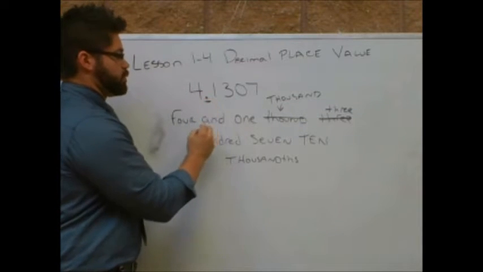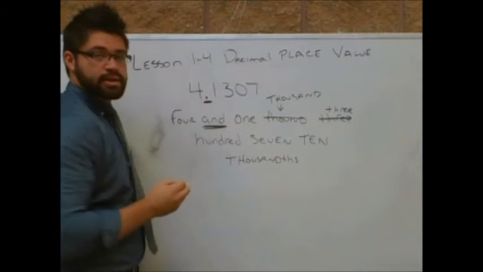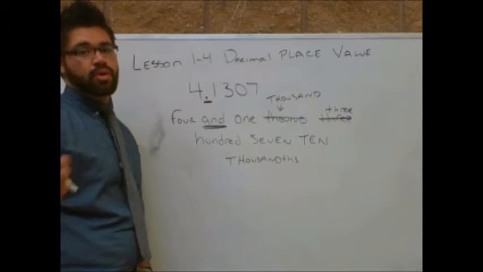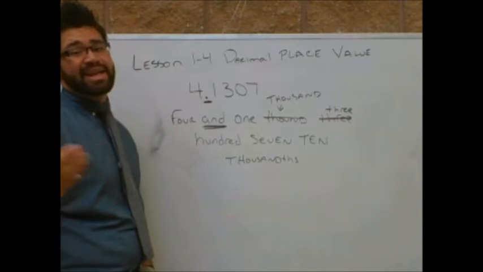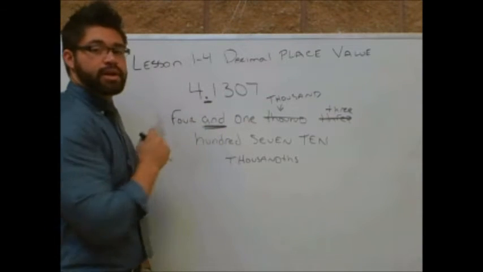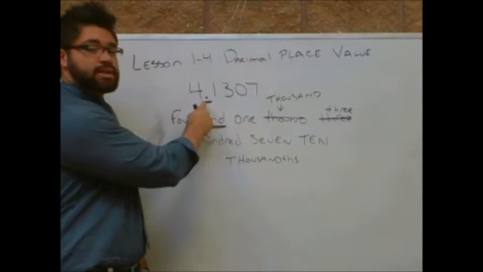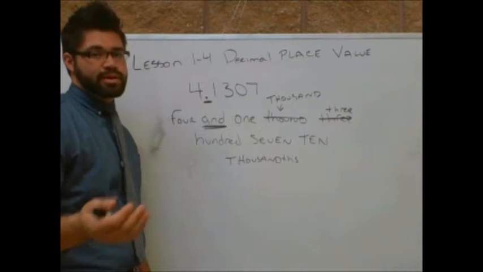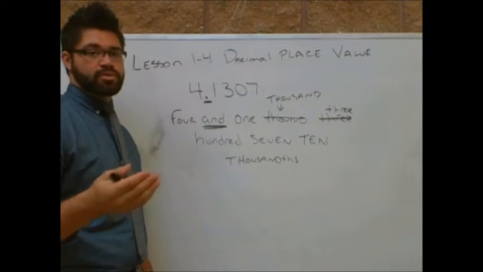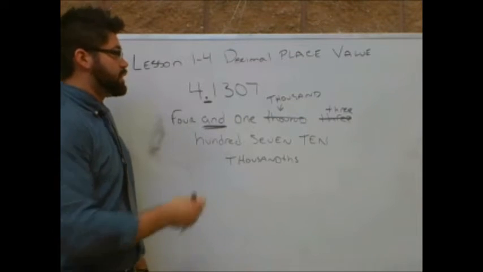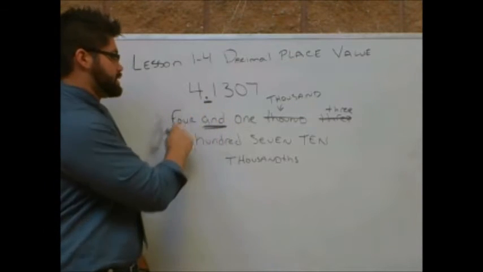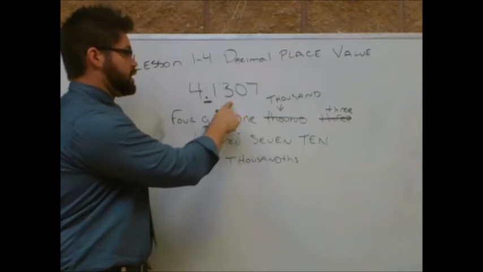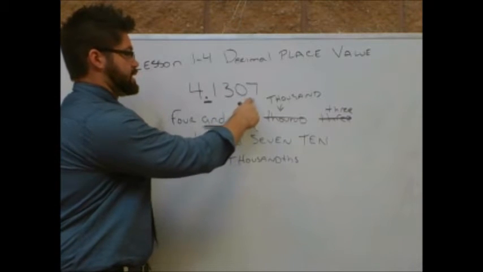The decimal point we read as and. That's why I don't want you saying 407 or 392, because and, when we're reading numbers in math, means that there's a decimal point. So try to get out of the habit of saying 402, 403, 404. It's just 401, 402, 403. Because when you throw and, it means there's a decimal. So we read this as 4 and 1,300 7